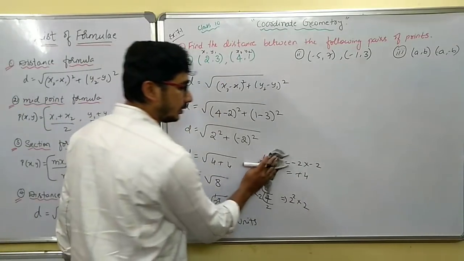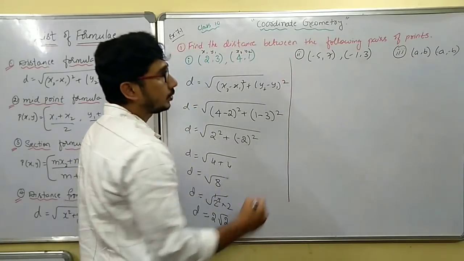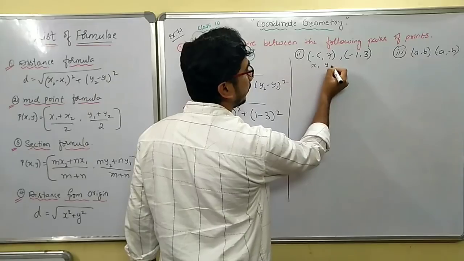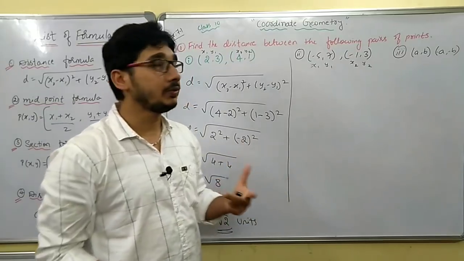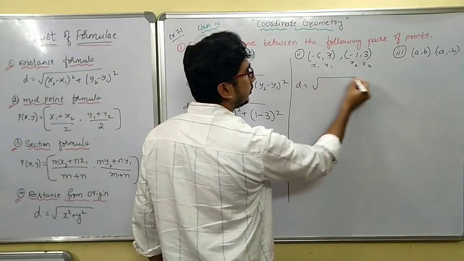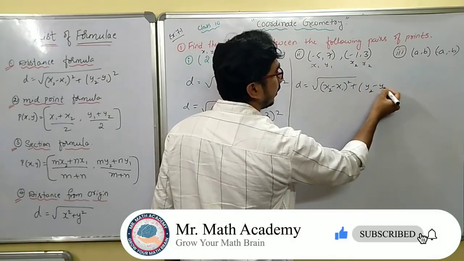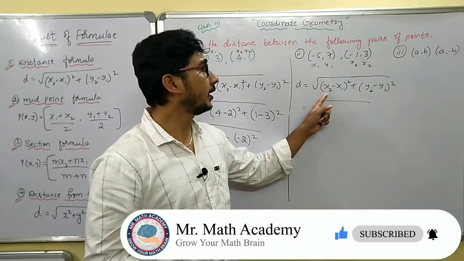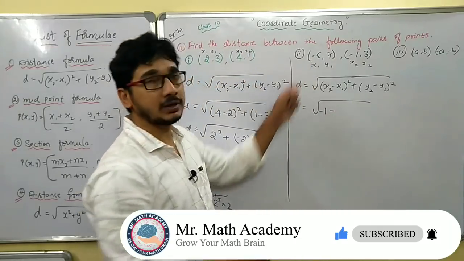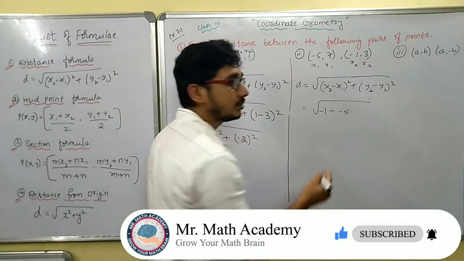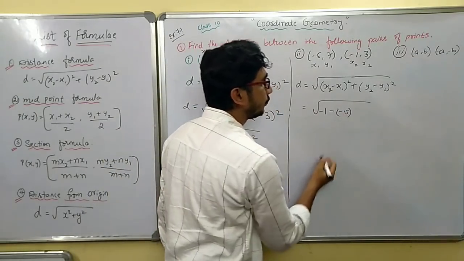Let us go for question number 2. So here also x1, y1, x2, y2. When minus signs are there, that time you should be very careful. So d is equal to root of (x2 minus x1) whole square plus (y2 minus y1) whole square. x2 is how much? Minus 1. This minus as it is. x1 how much? Minus 5. I have written. See, 2 negative signs or 2 positive signs should not come next to each other. So what we have to do? We have to put the bracket.